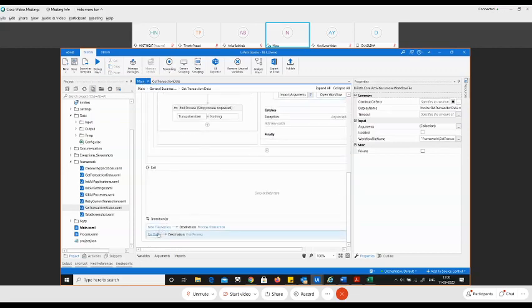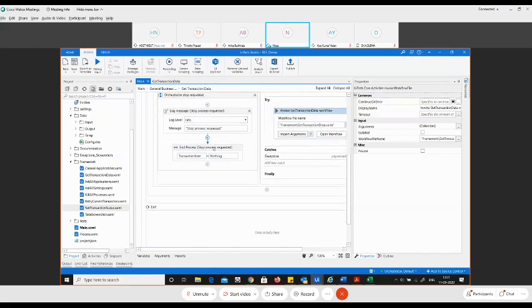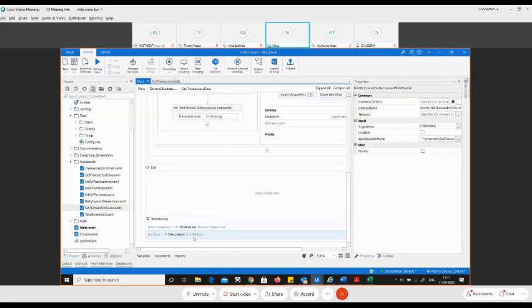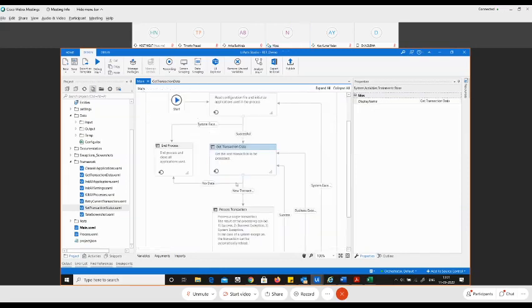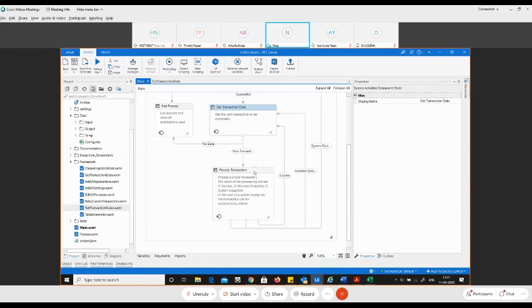Now it depends upon the queue status. If you get the transaction, it says I got a new transaction, go and call the process transaction. If there is no data in the queue, or if it's a stop process, as in the orchestrator says stop, then also in that case it goes for the end process. So over here, if no data is present, it goes and stops the automation. If you get a new transaction, you go and call the process transaction state machine.